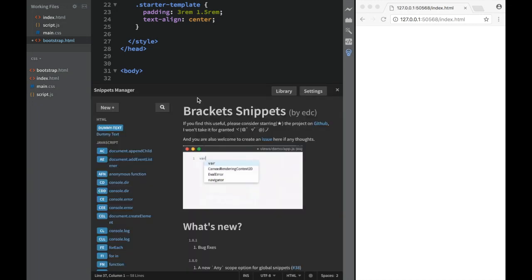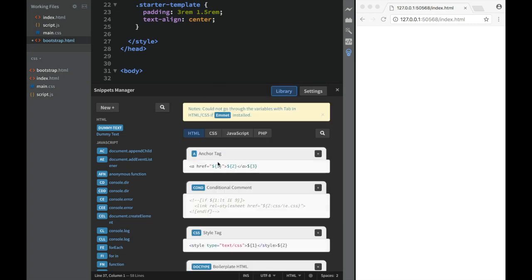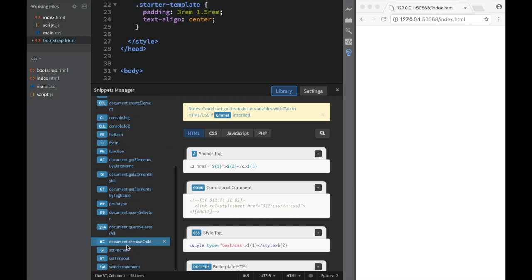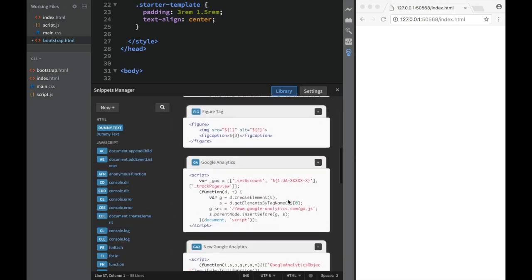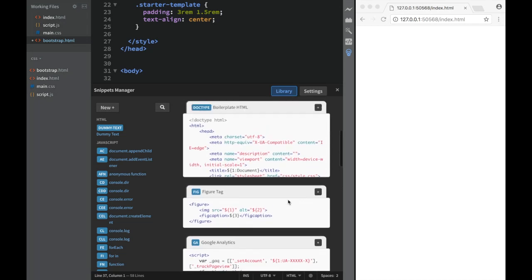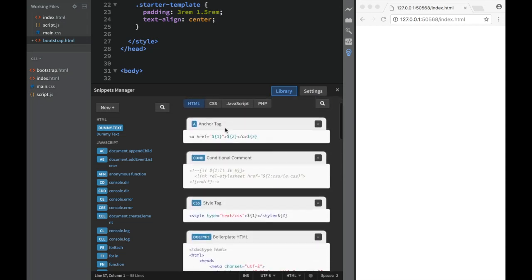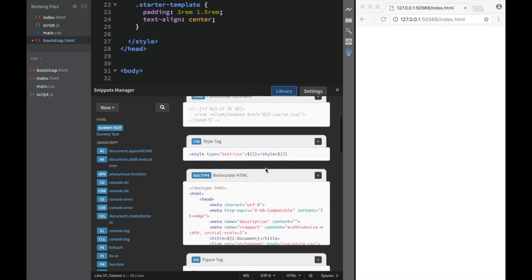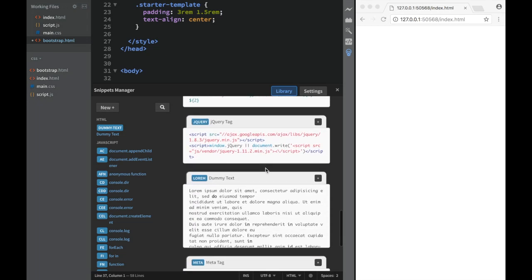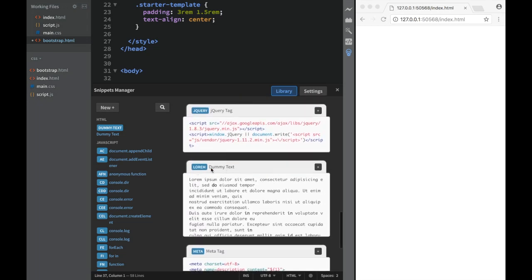So here you can see that this is going to have a library over here like this. And in the library, once we click it, you can see that we have an option of HTML, CSS, JavaScript, and PHP, and these are the ones that you already have pre-installed. And the way it works, you just find whatever extension or shortcut you would want over here, and the only thing you would need to do is have this anchor tag over here. And over here, what we're going to do is find where it is, let's say some kind of a sample. So here, this would be the lorem, the dummy text. So again, we go back over here and we just press plus,